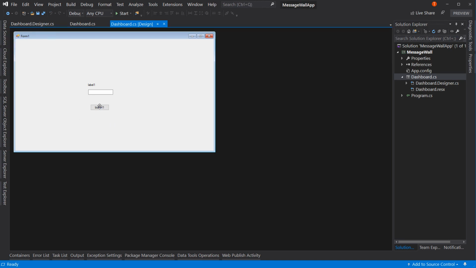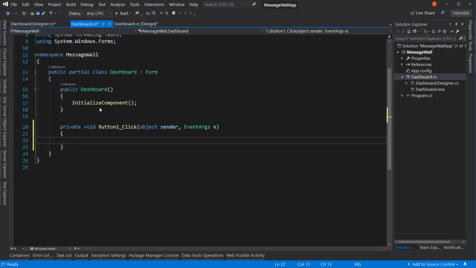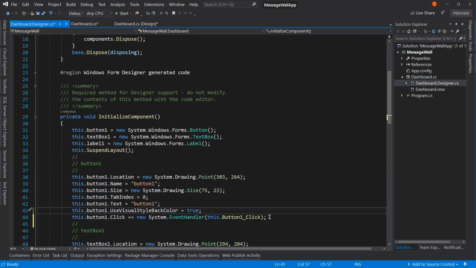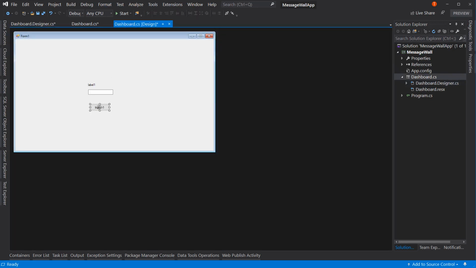Now what I had done to create that code is I double-clicked on button. Notice it now says private void button1 underscore click, and it has these two variables, or two parameters, inside of our method. And if we come back over here, that line is back. It now says button1 underscore click, but it's fine because we actually have a method called button1 underscore click. So what will happen is whenever the user clicks